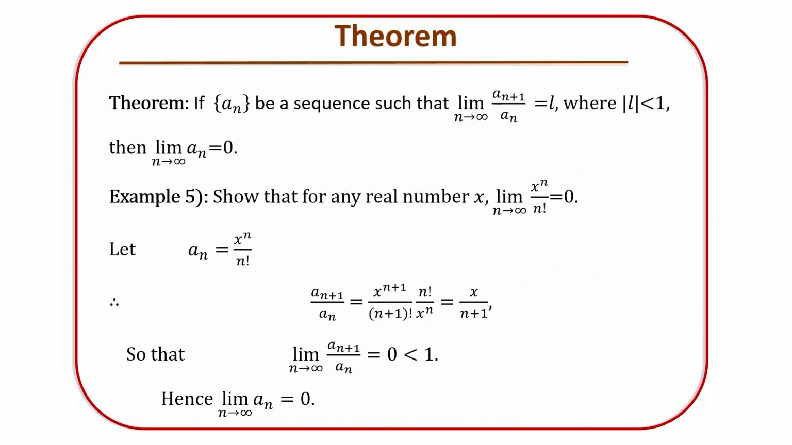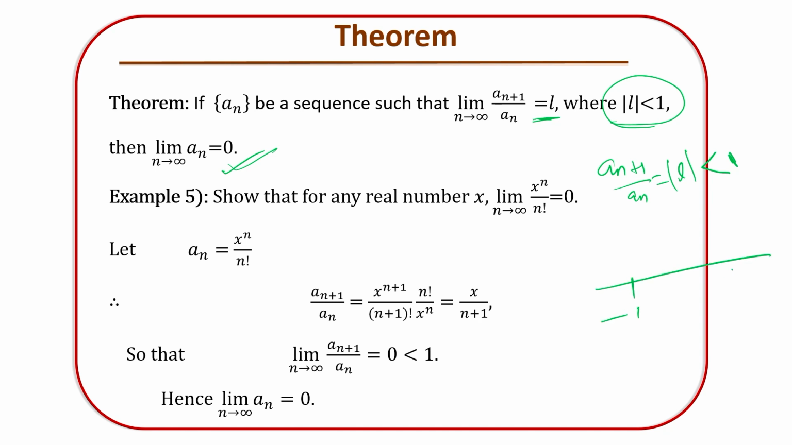Now look at another theorem. If an is a sequence such that the limit of an plus 1 divided by an is L, where this limit is less than 1, then the limit of an is going to be 0. That is the theorem. What does the theorem say? The theorem says that if we have an plus 1 by an with limiting value L, where modulus of L is less than 1, that means L must lie between -1 to 1, right, here. So if L is lying here to here, then in that case